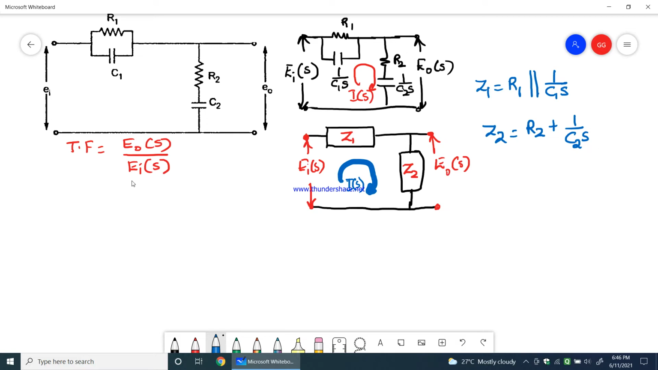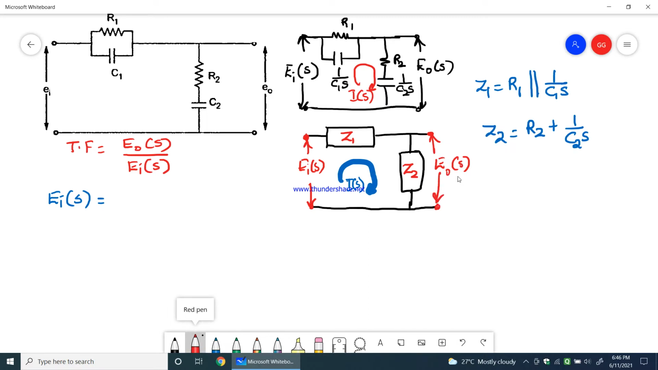Now what would E in of S be in the equation? What would E in of S equal? We'll write the equation now. Now if you see carefully,